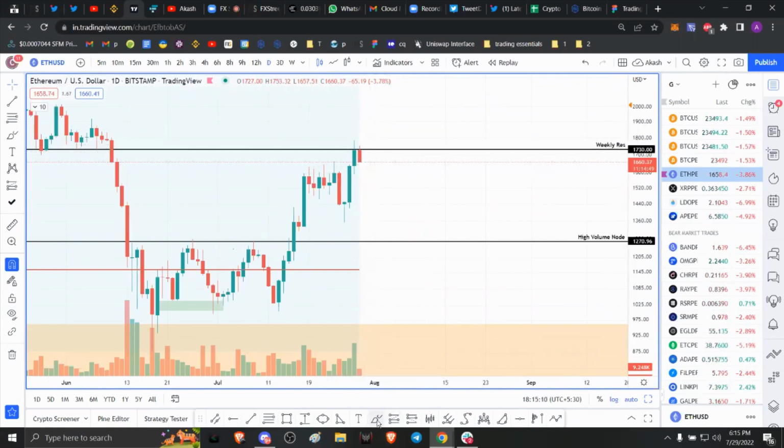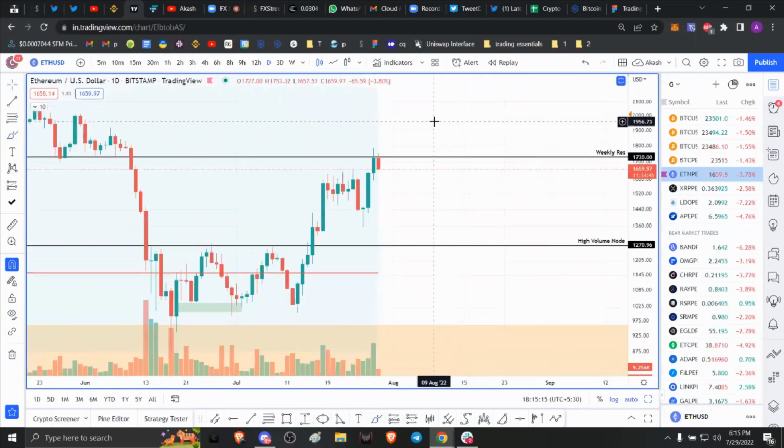So if we get a bearish engulfing candle, which is when the second candle engulfs the first candle's body, then for that to happen, this particular candlestick has to close below the opening of the previous candle at roughly 1638. So if we get a daily candlestick close below 1638, perhaps at 1600, I think it's going to be a bearish engulfing candle, and it indicates that there is a buildup of bearish momentum,